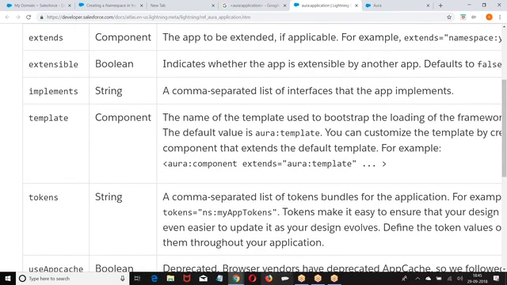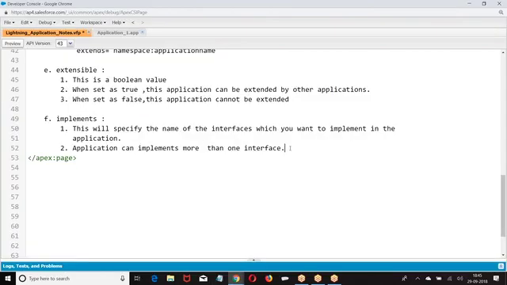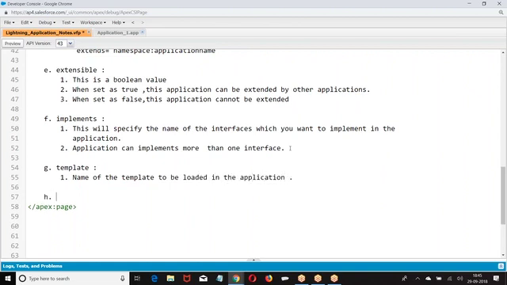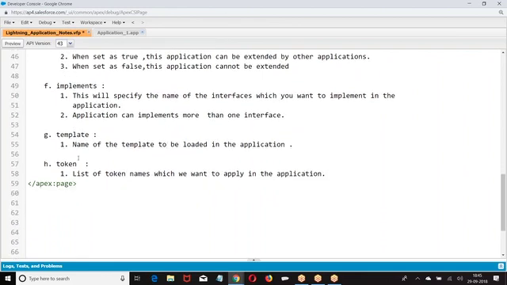Now we have the one you want to use. We'll discuss much more in detail when we go for these concepts.